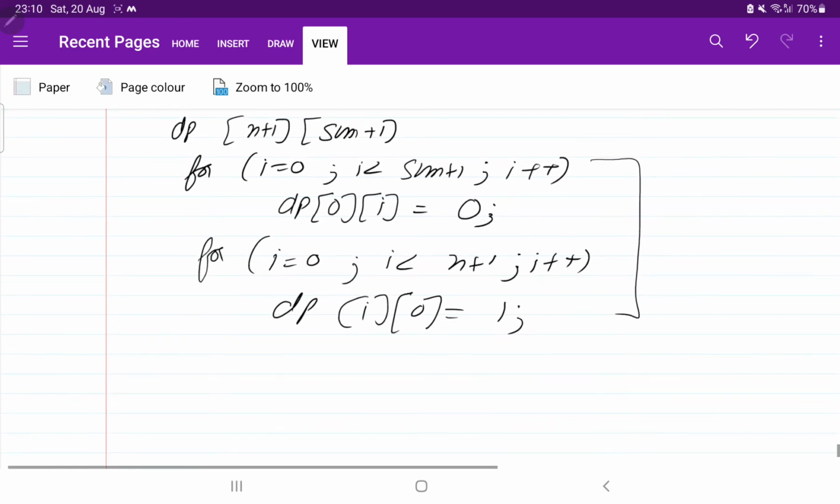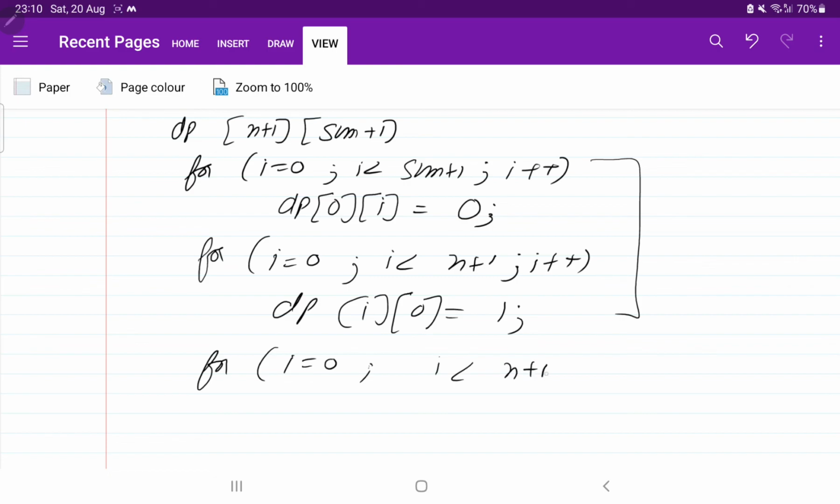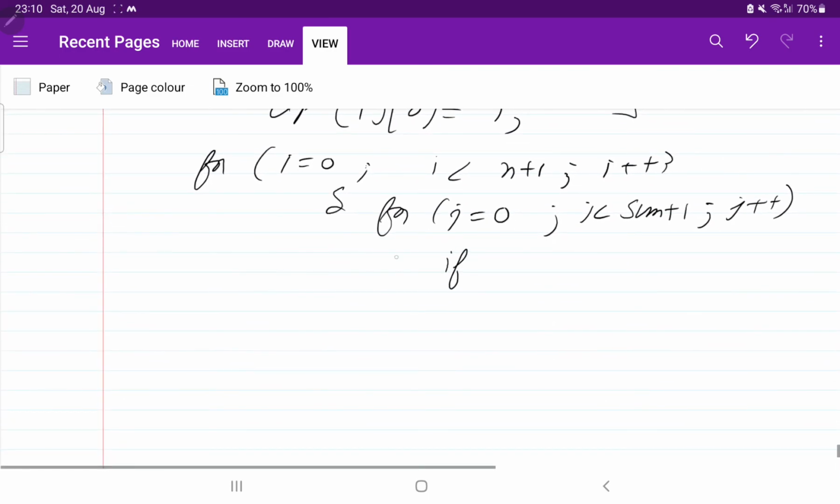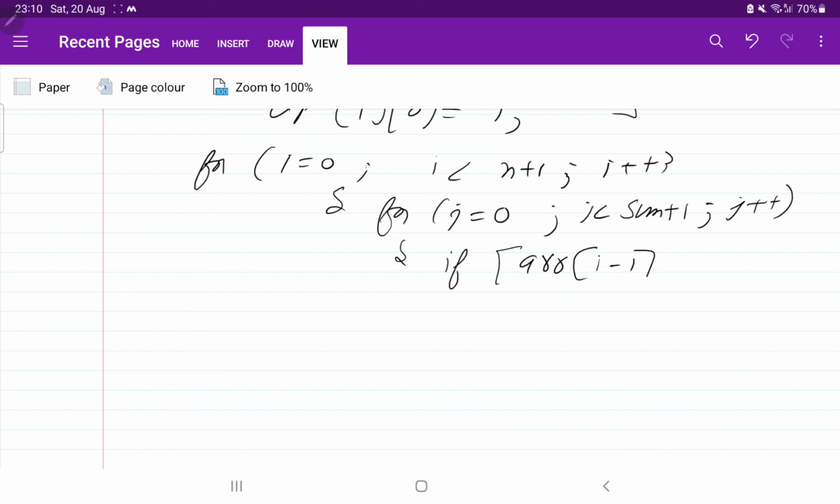Now we are going to use the same logic for the rest of the elements. For i equal to 0, i less than n plus 1, i plus plus, then for j equal to 0, j less than sum plus 1, j plus plus. There also we have to take a decision: if array of i minus 1 is greater than j, what are we going to do? We are going to leave that element.